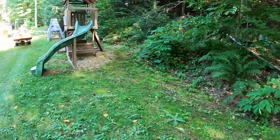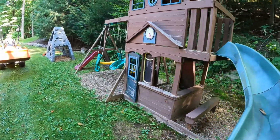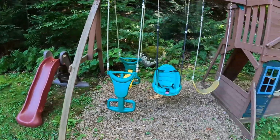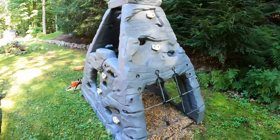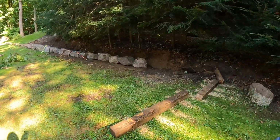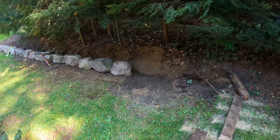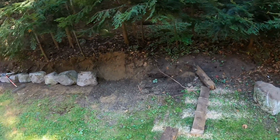So unfortunately it is a very long project. It's been going on for over a year now, and it will probably take about another year to finish, just because I can only do so much with the kids and a full-time job. It's not easy to find the time to work on this. So I only can get an hour or two every weekend to lay about another 4 or 5 stones,